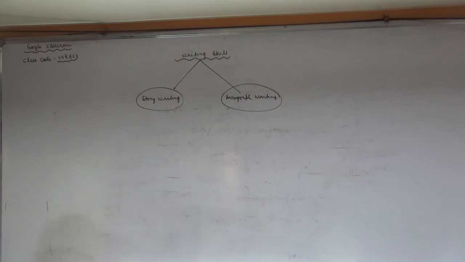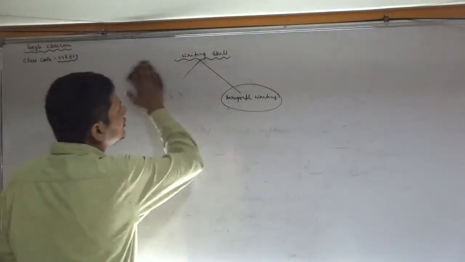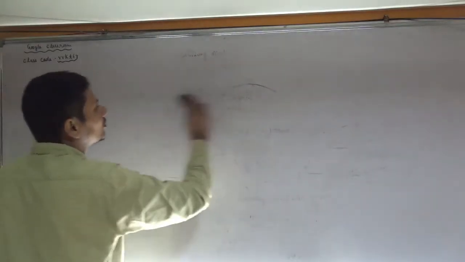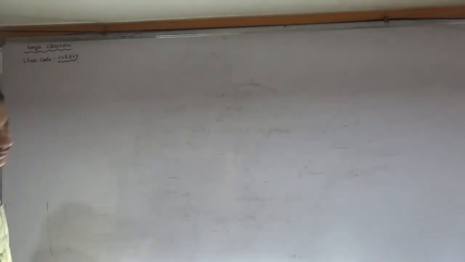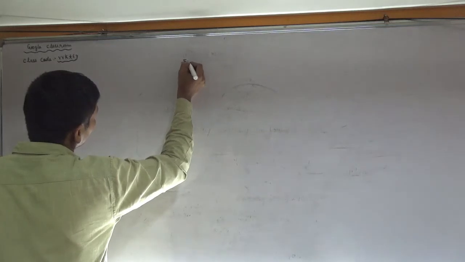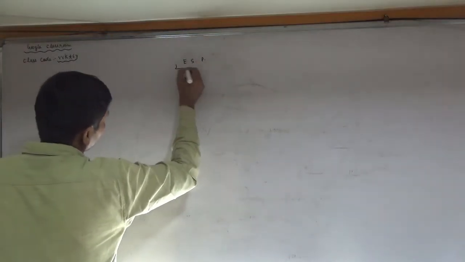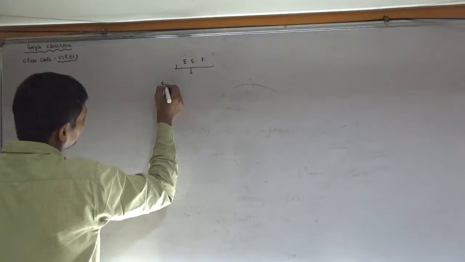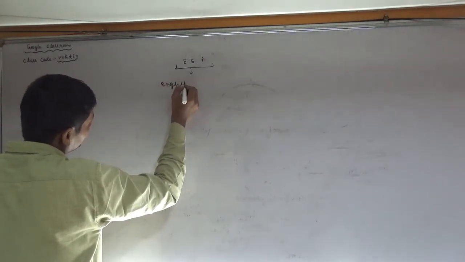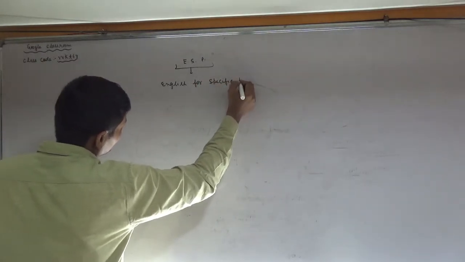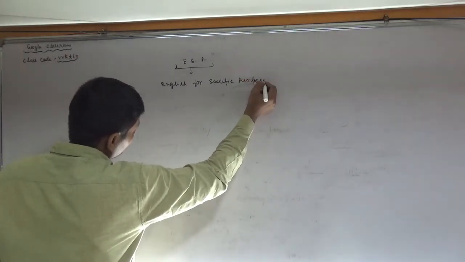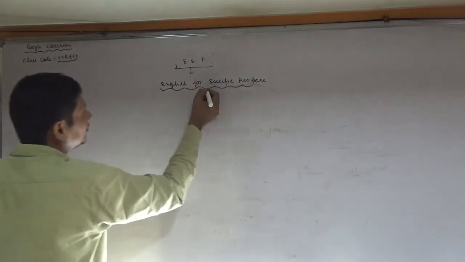Next, after writing skill, the next part is ESP. ESP stands for English for Specific Purpose. E stands for English and SP stands for specific purpose. In the ESP section, we have to study